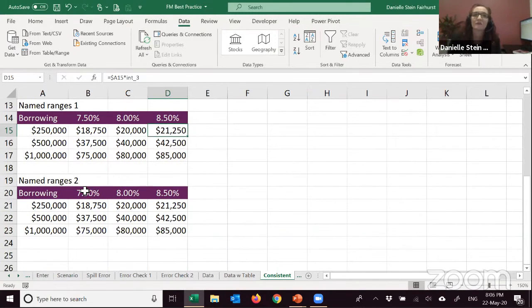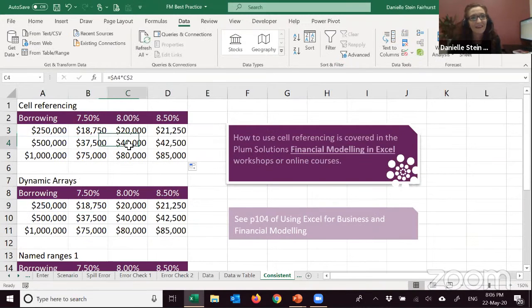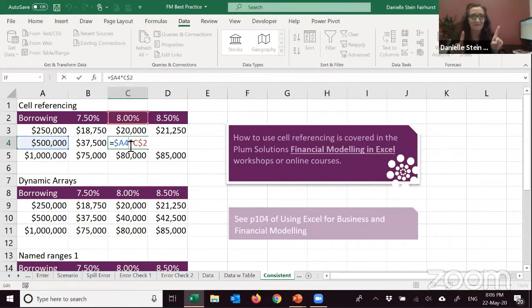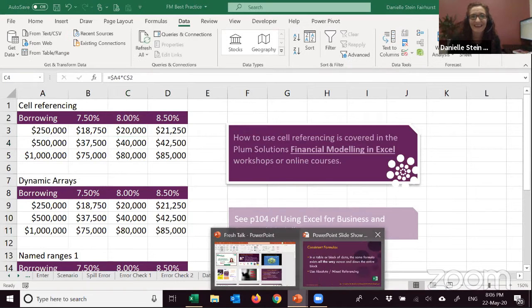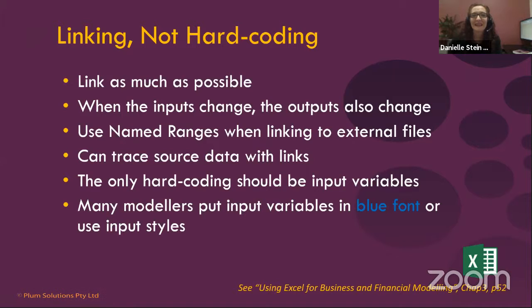If you do want to use named ranges, you could use one whole name like that, or you could do one whole name like that, and then you could use the whole lot like that, and that's okay. I still think it's a little bit confusing. I actually still prefer to do it like that. I think that is probably the easiest way to just be able to follow what you're trying to do. So that is my first tip and trick for financial modelling best practice. My next point is to always link as much as possible.